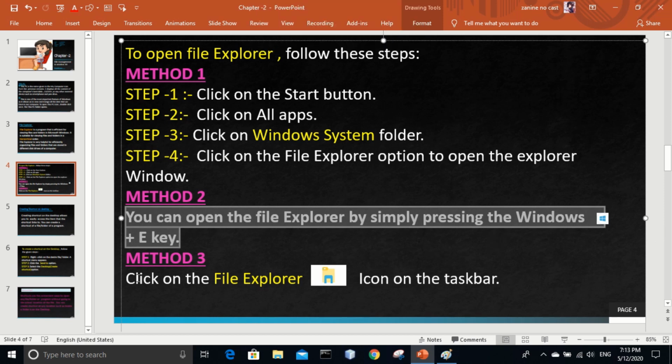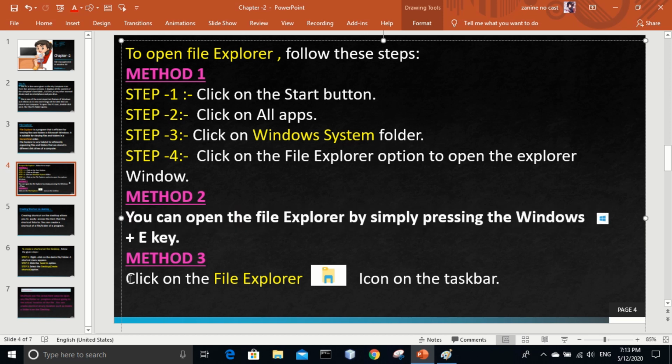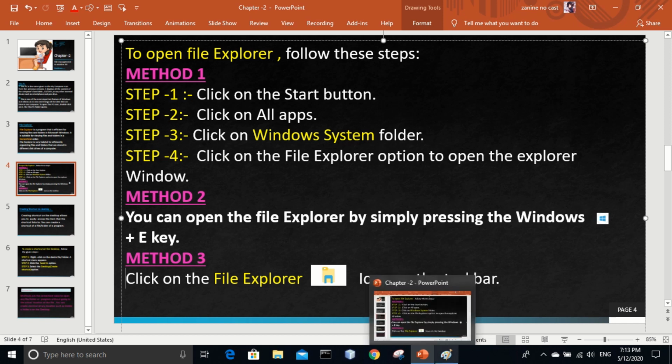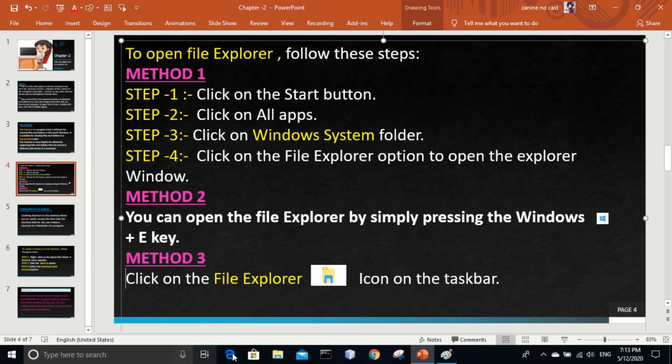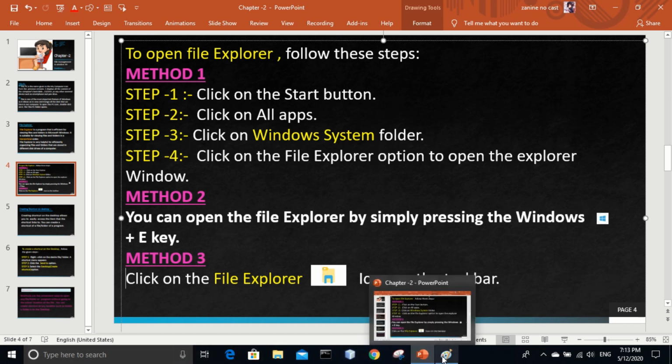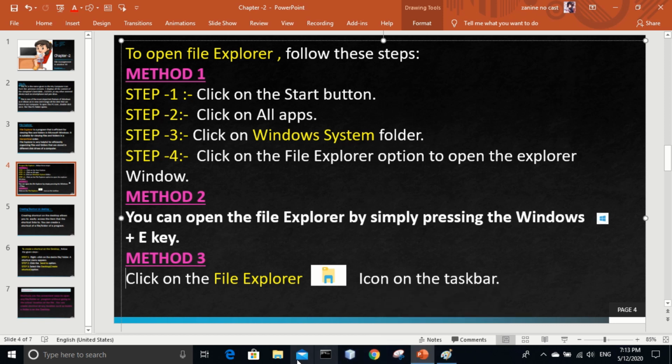Now method number 3, it is simpler than method 2. You just need to go to your taskbar and you will find a File Explorer icon, and you just need to click on it. So this is your taskbar. On the taskbar you are able to see this is your File Explorer.